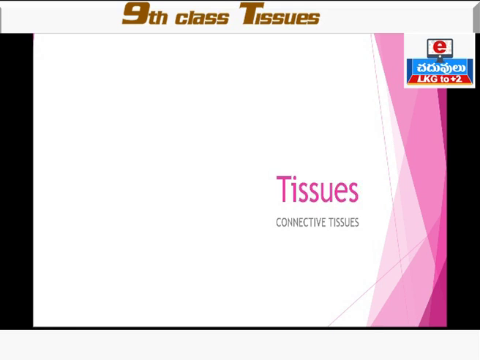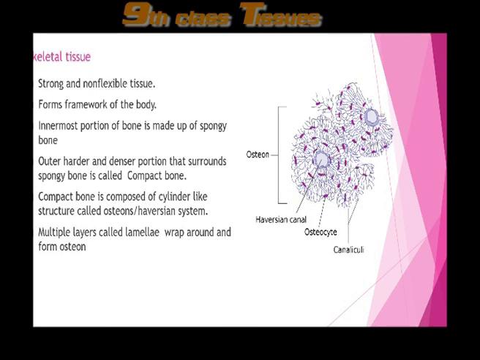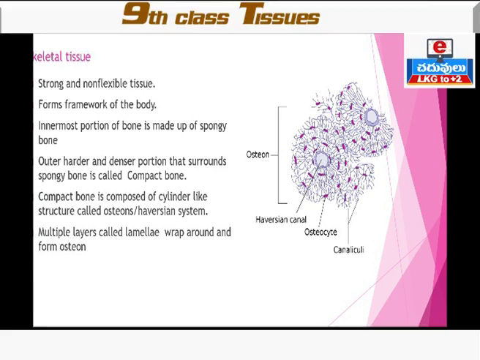In that, first we will discuss the skeletal tissue. Skeletal tissue together forms bones, and bones together form the skeletal system. And you already know the function of the skeletal system. The skeletal system forms a framework of our body and protects soft internal organs. It consists of the skull, backbone, rib cage and limbs. Limbs include hind limb and forelimb.